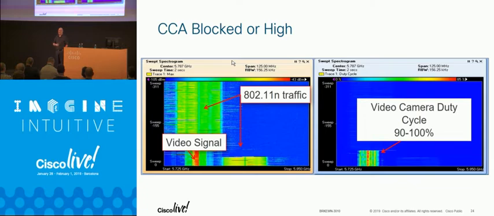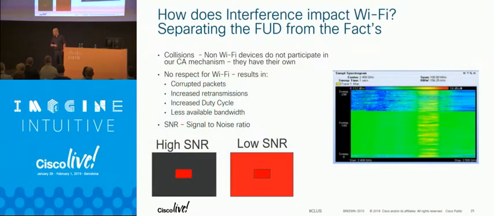What's changed since we released it, and the same for RRM, if we change a channel for radar or for interference or for any other reason, we now do something called a mini DCA. Instead of just chucking it out of the way and putting it on another channel, which potentially could put you in contention with another one of your own APs, we pick the second best channel. We try to pick the clearest channel after that. So these mechanisms are going to become more important.